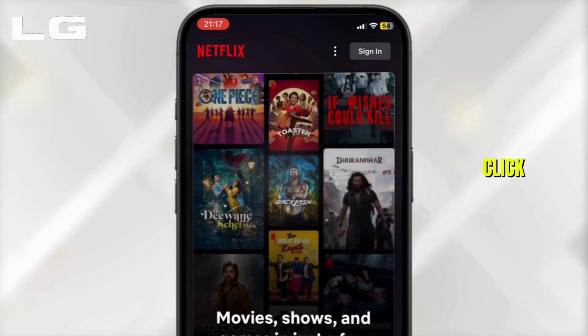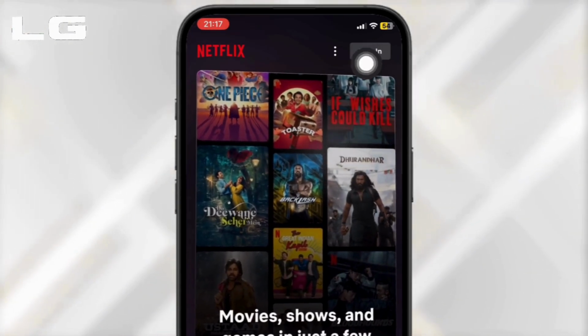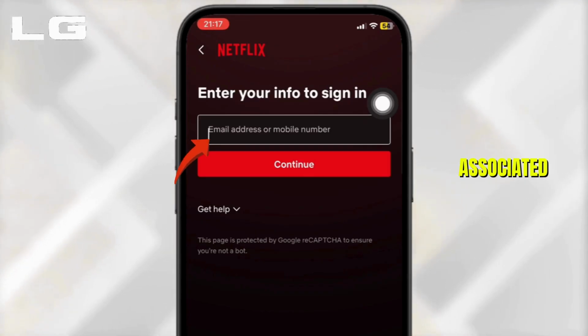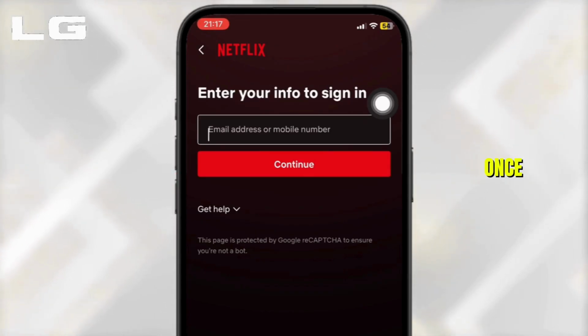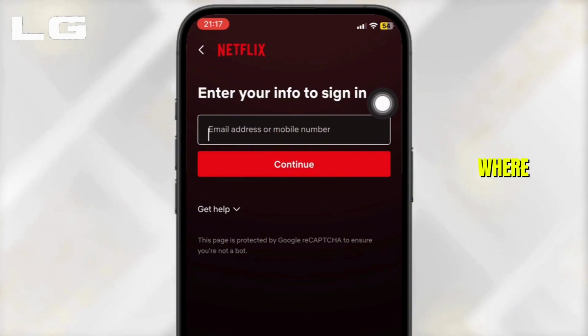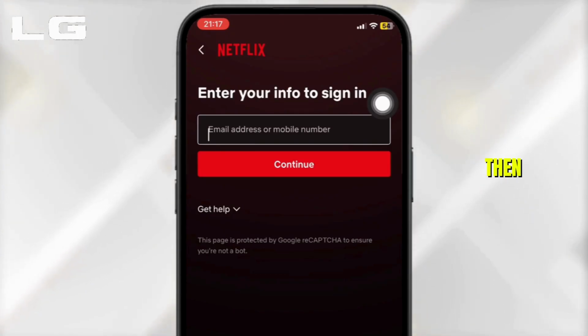Once the page loads, click on Sign In at the top right corner of the screen. Now enter your email address or the mobile number associated with your account. Once you have entered, tap on Continue. It will lead you to the page where you'll need to enter the password. But in case you have forgotten your password and you want to reset or change it, then tap on